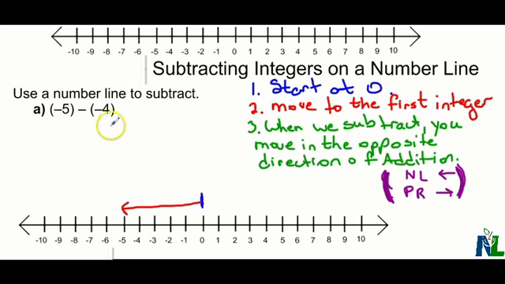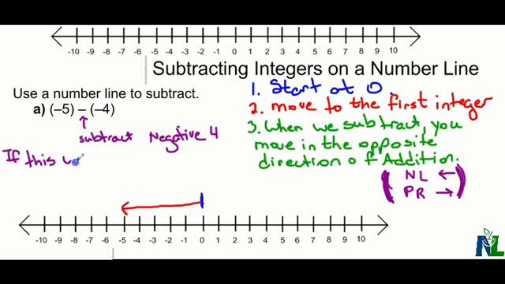So let's go up here to my problem. I need to subtract a negative number. What's the negative number? The negative number here is 4. So I come back and ask myself, what if this was addition? If this was adding a -4. Only if, that's a big if now, if it was an addition of a -4, which way would